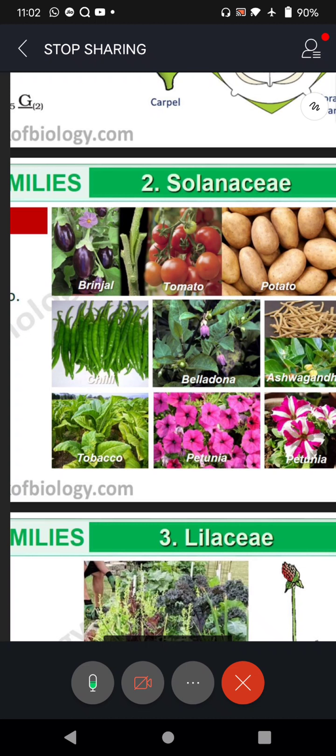And your focus should be on families, because this is a major question both in practicals as well as theory. And maybe I will upload one video with regards to families. Once I complete Solanaceae today, tomorrow Liliaceae, next week I will upload one practical video, okay? And when you come physically to the school, of course, you will be doing it yourself. I will be guiding you how to do it, okay?